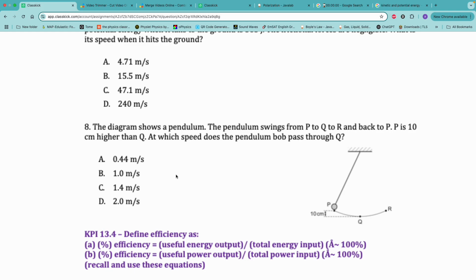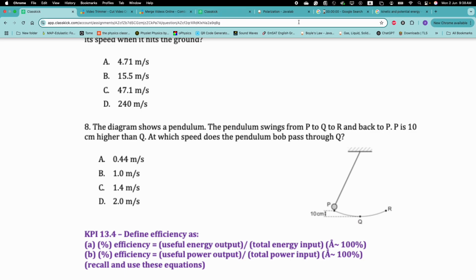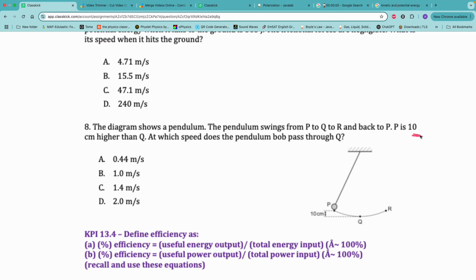The pendulum swings from P to Q to R and back to P. P is 10 centimeters higher than Q. At which speed does the pendulum pass through Q? So we know while swinging, potential and kinetic energy change, but energy is conserved, which means potential